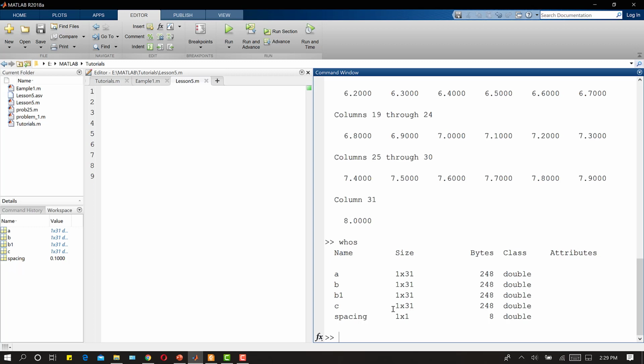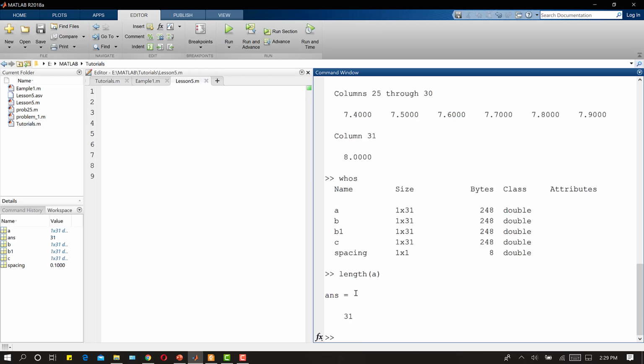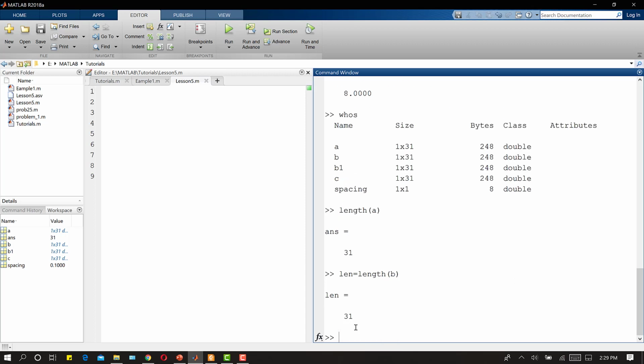There is another command if you want to check the length of a vector. If I write length of A, it tells us the number of elements in a vector. If I want to store the length of A in some other variable, let's suppose I write len equal to length of B. So length of B is also 31.